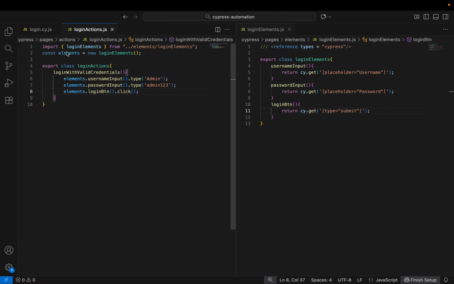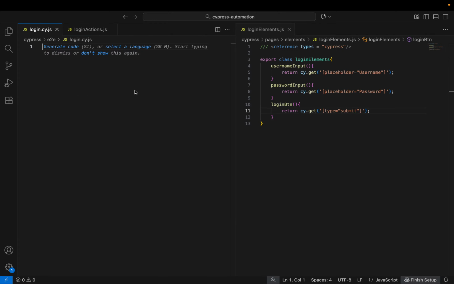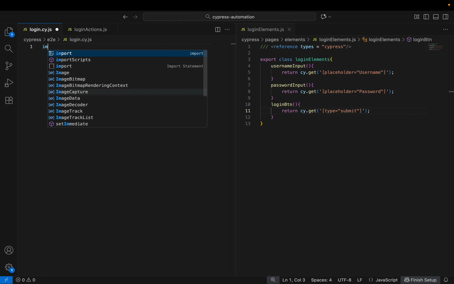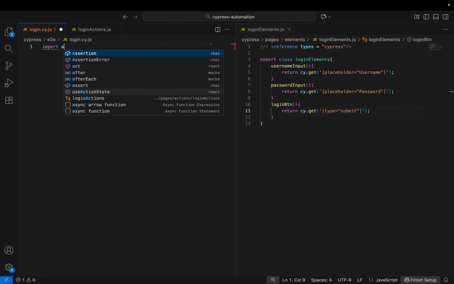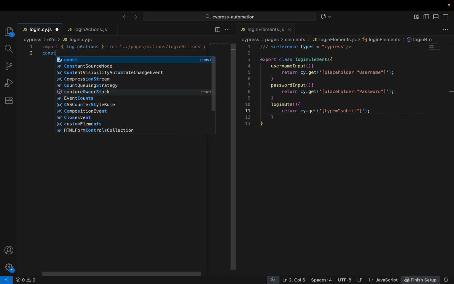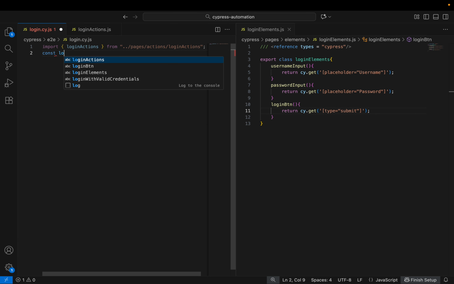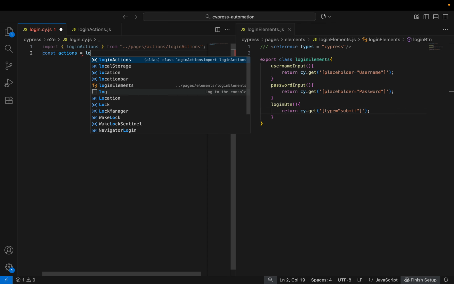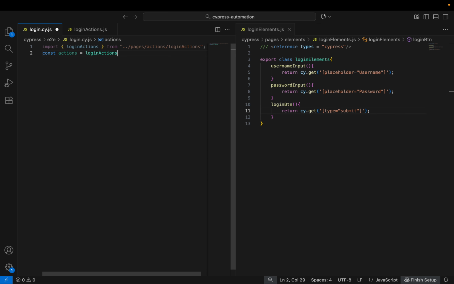Now let's save this, and go to login.cy.js, and inside here we are going to import that action, login actions, and then again save it in a const actions is equal to